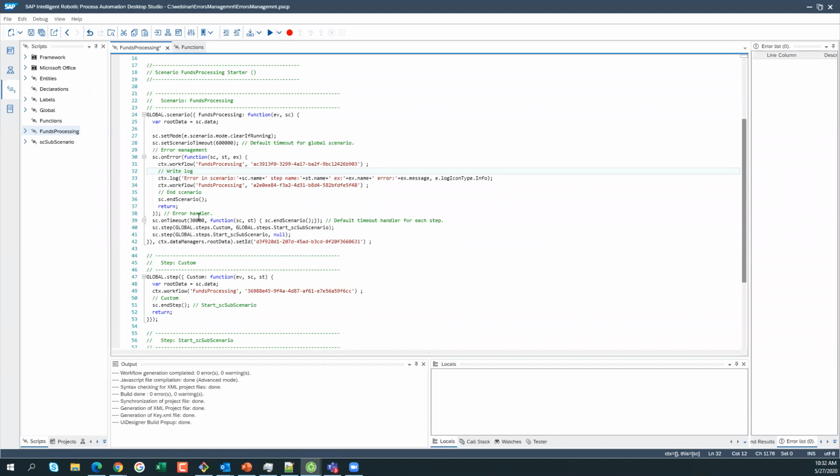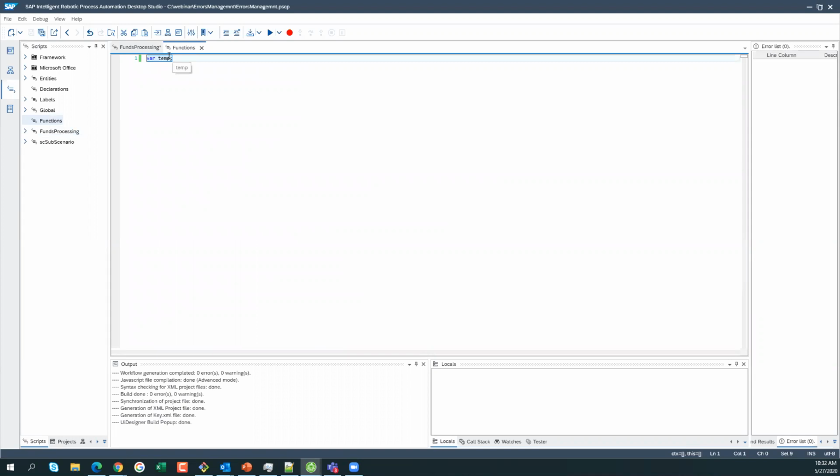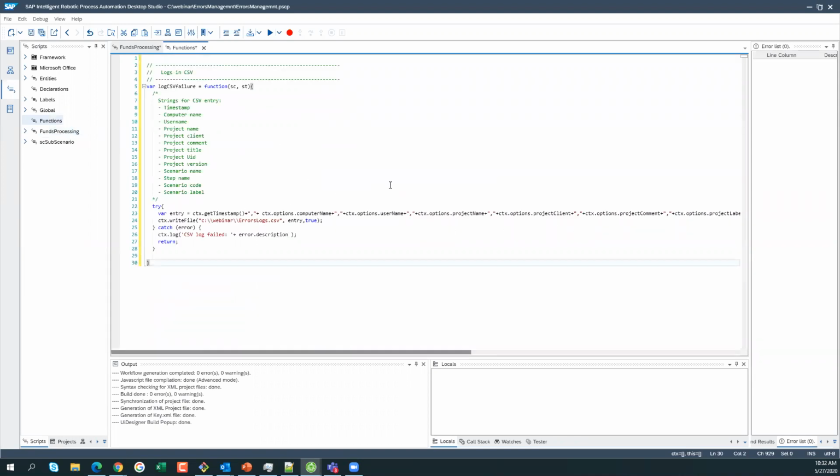There is one last thing I want to show you, which is how to use external functions, maybe libraries that you prepare to handle all these errors, the same way for all the projects, for all the scenarios. I will give you a very short example of writing information inside a CSV, let's say. Here I will copy one function and put it in the first script that I created, which is here, functions. I created just a var temp in the beginning to create my script, but here is a very useful function that logs